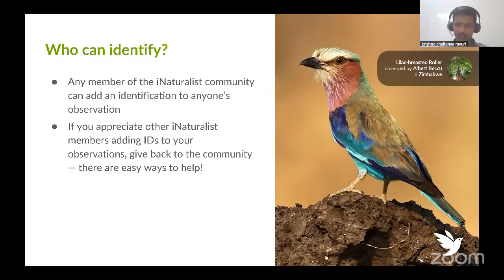It's a learning process. You keep learning and growing, and then you get better. You can pick a group. Some people are interested in birds, some in butterflies, some in plants, very few in plants, but you can pick a taxon in an area and go forward with learning and then identifying.